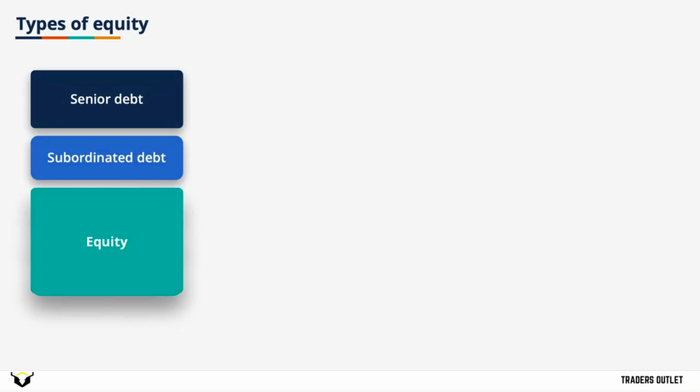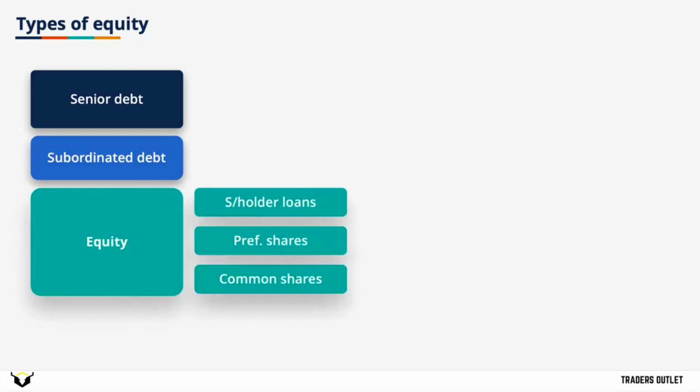Let's look at the various types of equity that a company can raise. Broadly speaking, there are three types of equity. Common shares. These shares represent the last liquidity position for investors and have the last dividend-paying position. What that means is they're left with whatever remains if a company is ever sold or liquidated after all of the debt is repaid and all of the other types of equity are paid out. The same goes for dividends. After a preferred dividend is paid, whatever's left remains for common dividends.